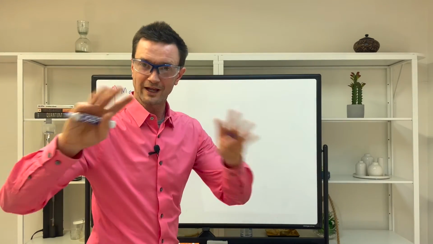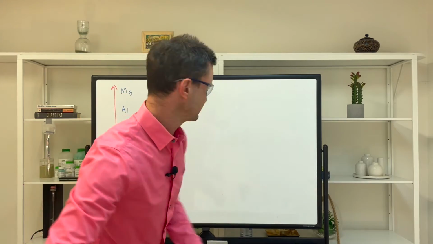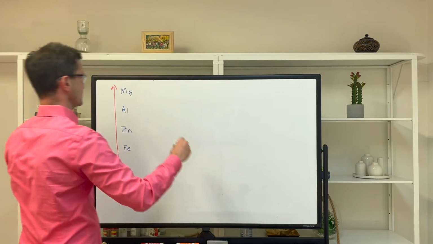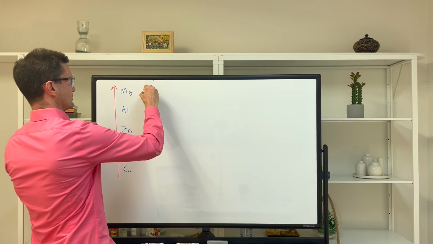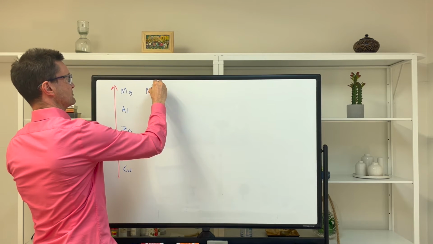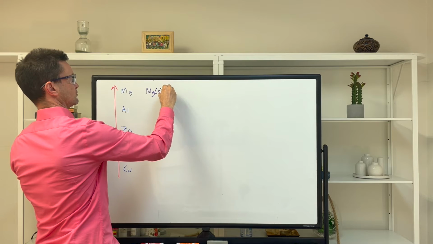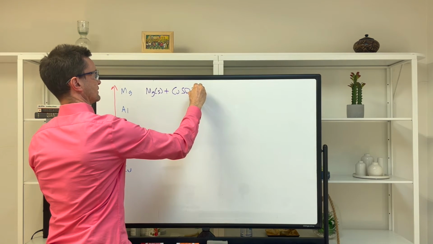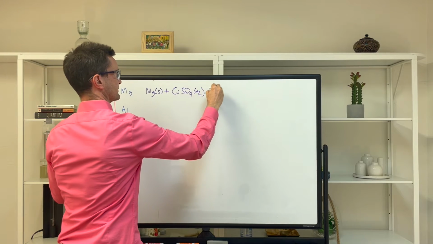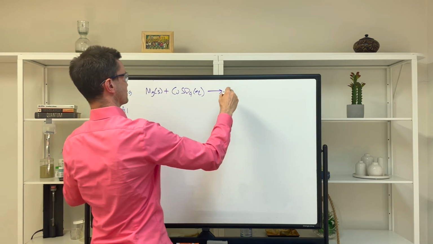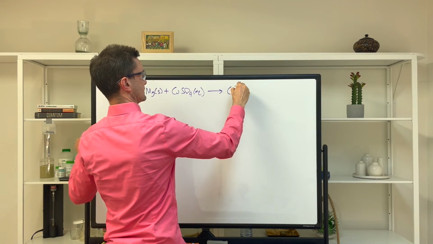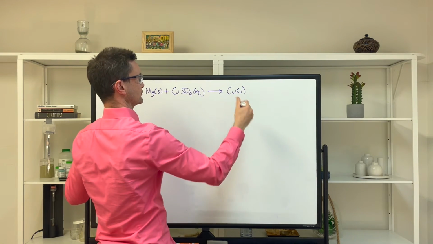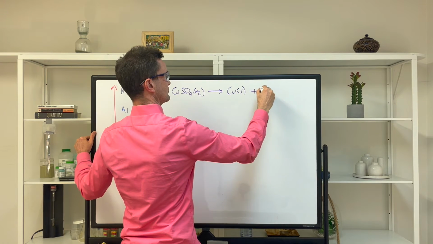Okay, we got our whiteboard, so you know things are getting serious. So let's go ahead and write out these equations just to demonstrate what I was just talking about. So magnesium metal plus copper sulfate aqueous reacts to produce copper metal. Copper comes out of solution and forms its element, plus